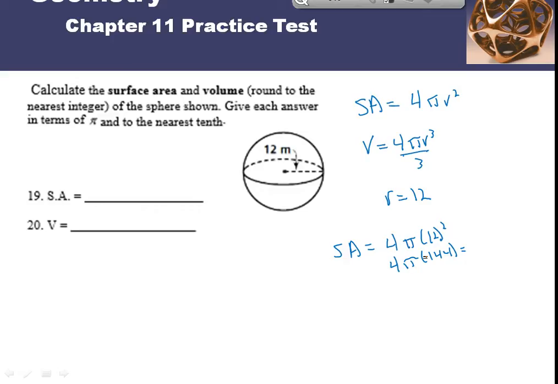576 pi, I think. Yep, 576 pi is my surface area. And that multiplied by pi is going to be 1809.6. So that's this 1809.6 meters squared. And my volume is going to be